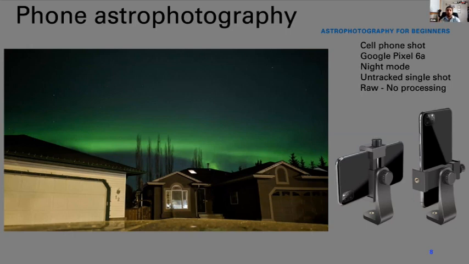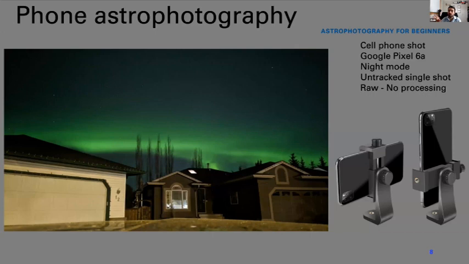I know pretty much all iPhones made in the last couple of years are capable of excellent night images, as well as just about any Samsung Galaxy phone from the last couple of years. So you will have to look up and see what the feature is called in your phone. But on my Google Pixel 6a, all I have to do is open up the camera app and just select the night mode, as it's called. Just make sure that is what it's still called. Yep, Night Sight. That's what it's called on mine. So I will tell you about all the different settings to use.